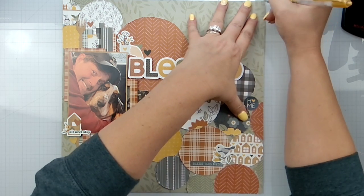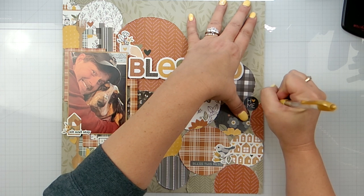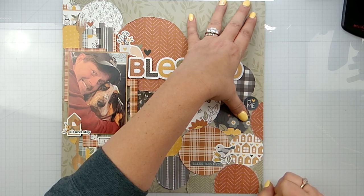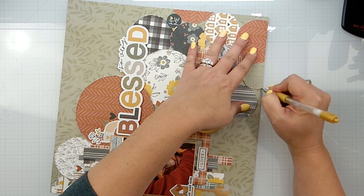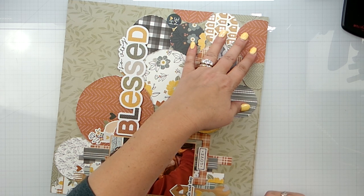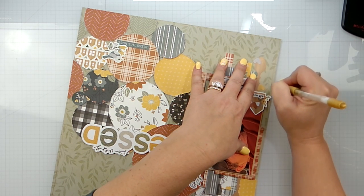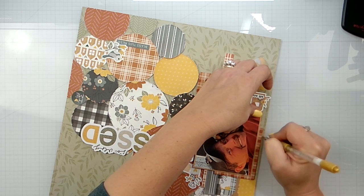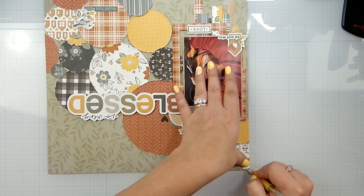And then because obviously I can't cut straight, it's not like it's that big of a deal, but I do then I distress the edges, right? And now I'm just going to go ahead and do a fun little border in my gold G2 gel pen. I love these pens. So we're going to go ahead and do that just to get everything kind of...